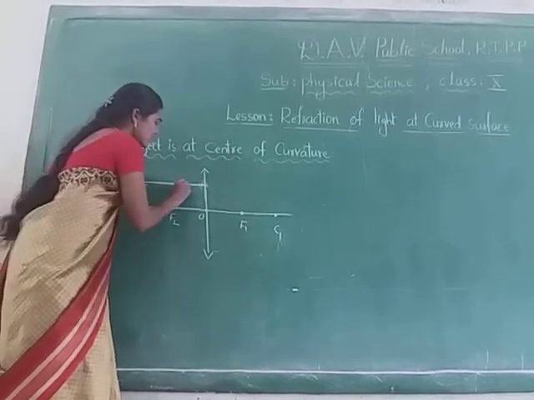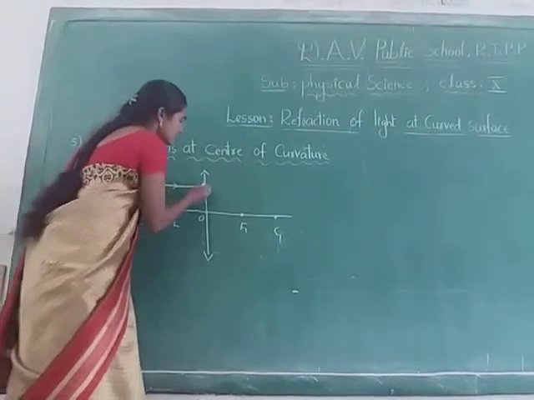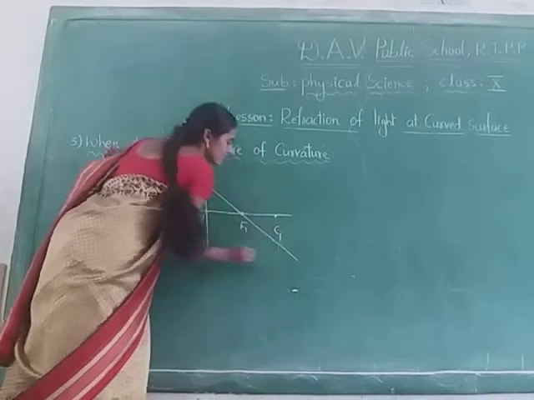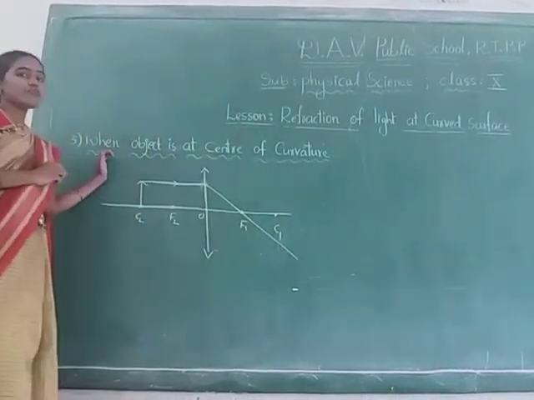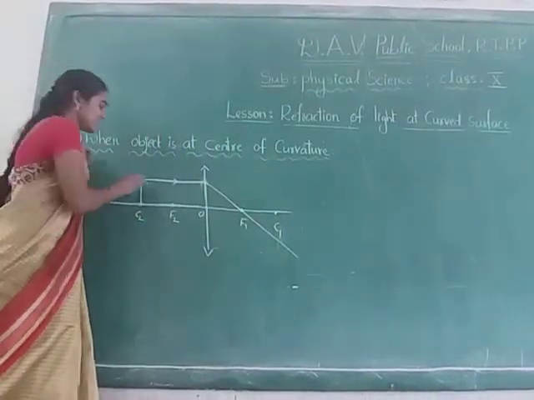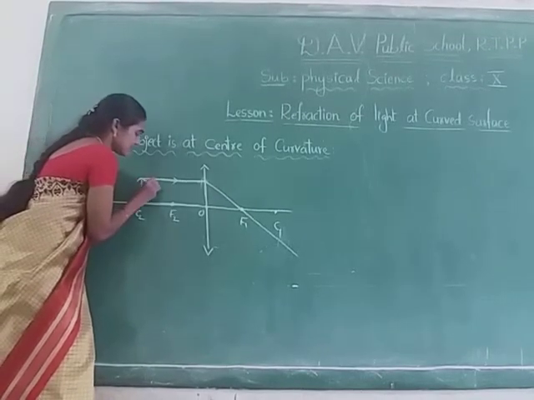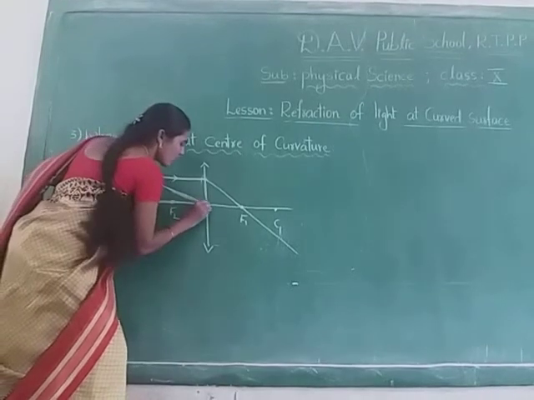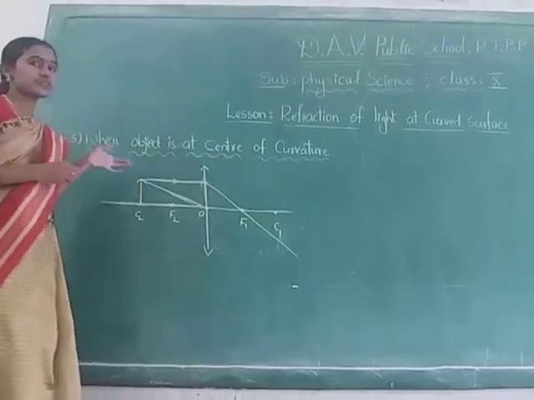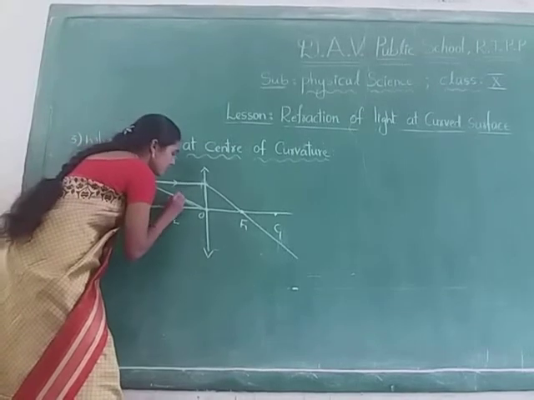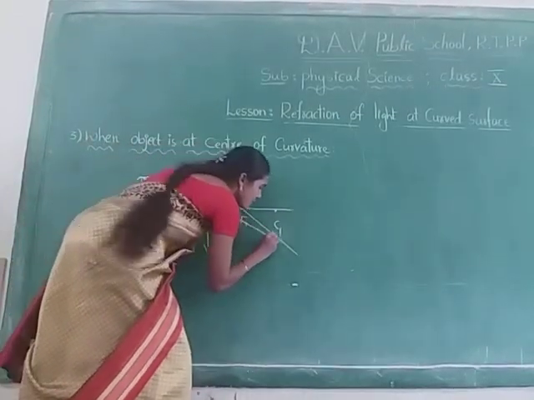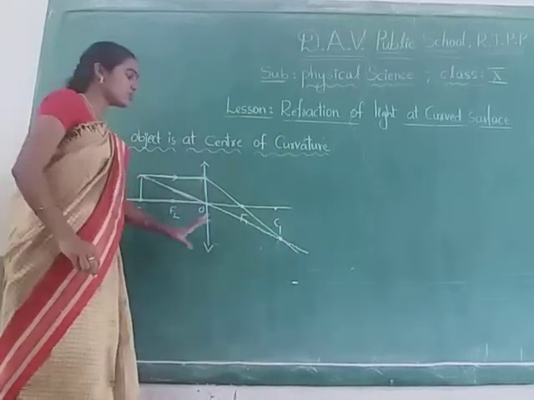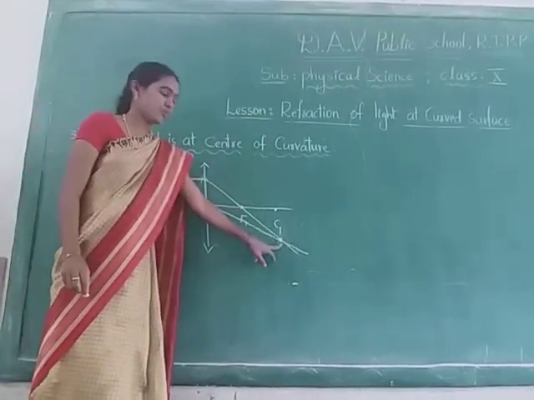When the light ray comes parallel to the principal axis, after refraction, it must pass through the focus point, according to the rules we know. And one more ray we are taking is passing through the optic center. Already we know when the light ray passes through the optic center, after refraction no deviation takes place. It must follow the same path. So this is the intersection point. So the image is formed at this point.